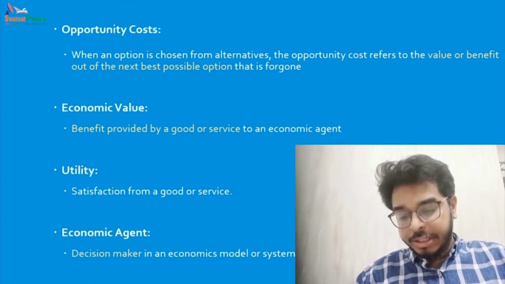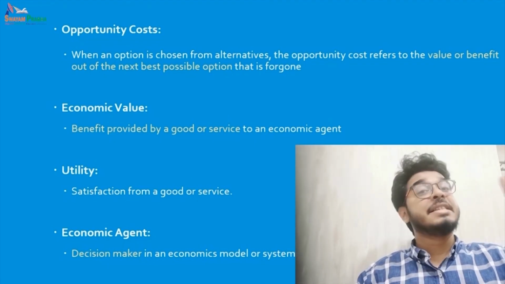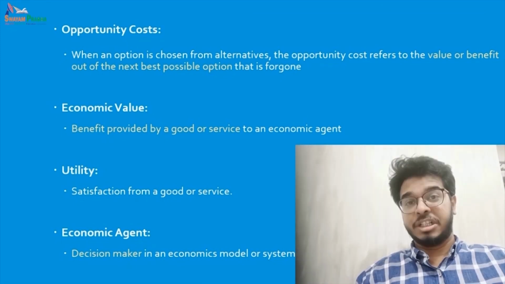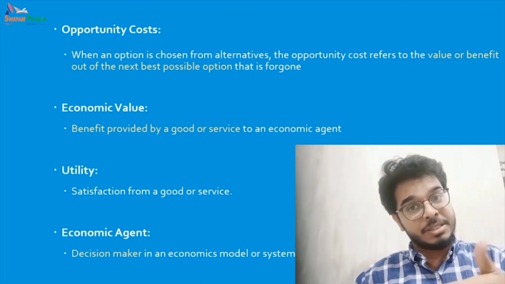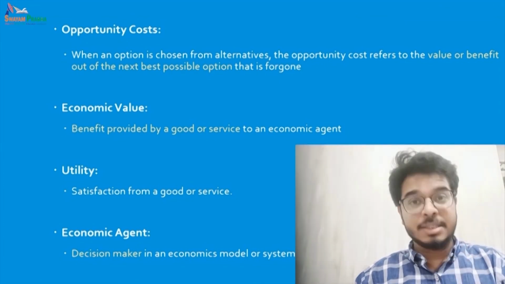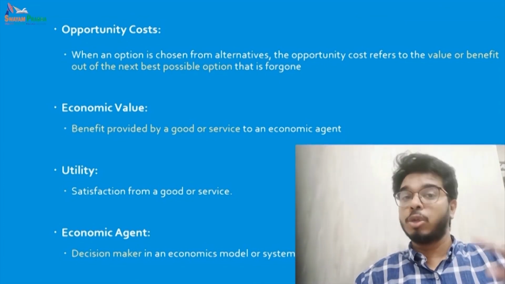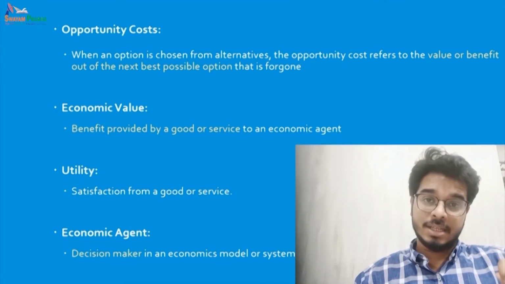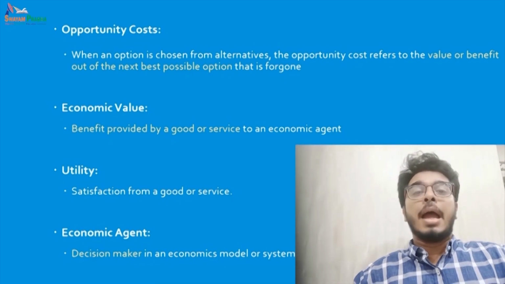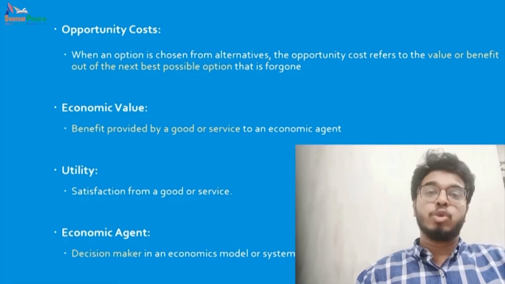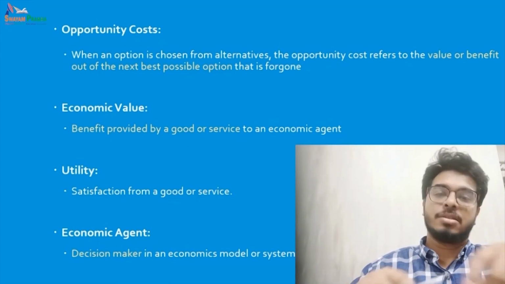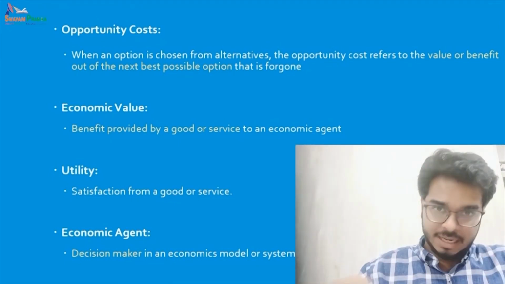All right. So an economic agent is a decision maker. I said the street light: if it is the government's decision, if the government is deciding whether to put a street light or not, then the government, the state, the panchayat is the economic agent. And if the community, those who are saying that there are a total of 20 families staying in that locality,